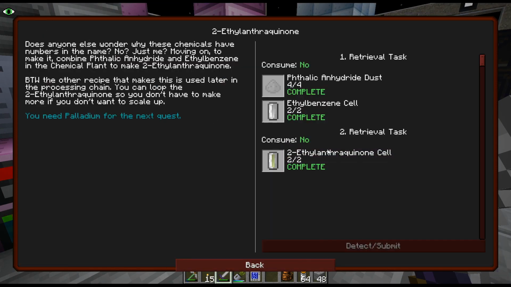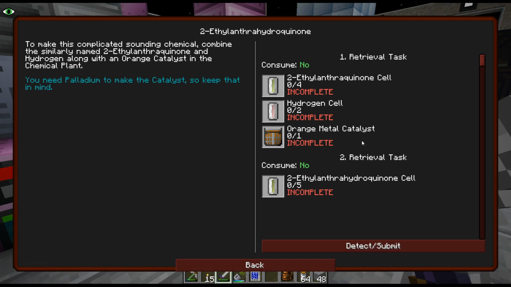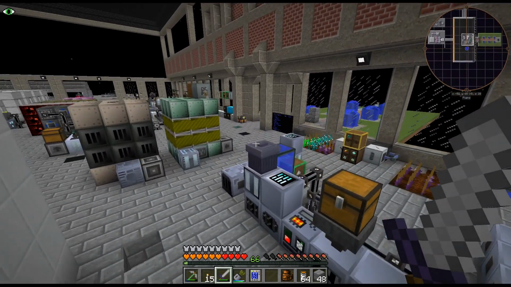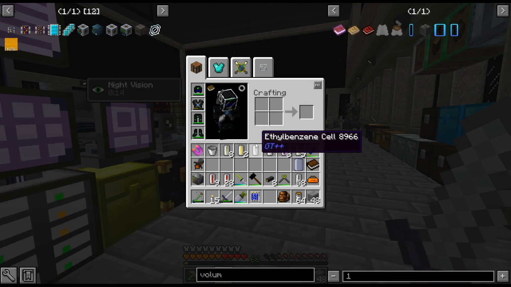Alright, so we're up to this ethyl something quinone. Next part, as you may notice, is still locked, and that is because we need palladium for this orange metal catalyst. So, I need to craft one of these up, and it needs palladium, and we haven't done the palladium line yet. I do have a bunch of the fluid. Also, I need to grab this. This is always super confusing at first, but...